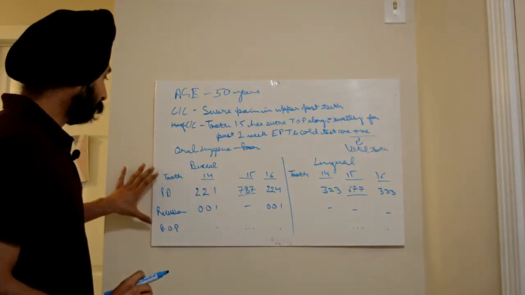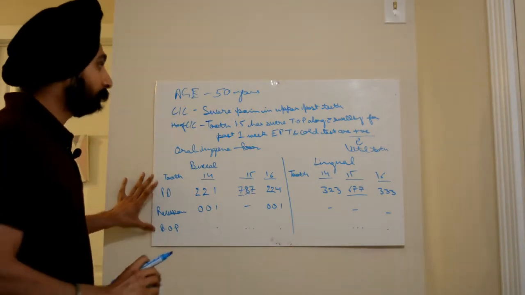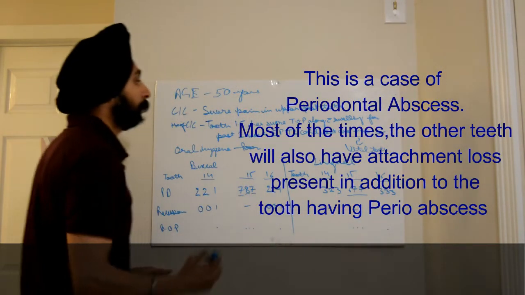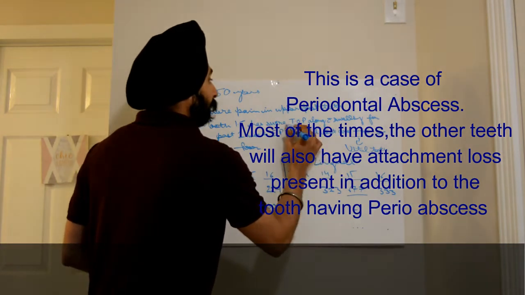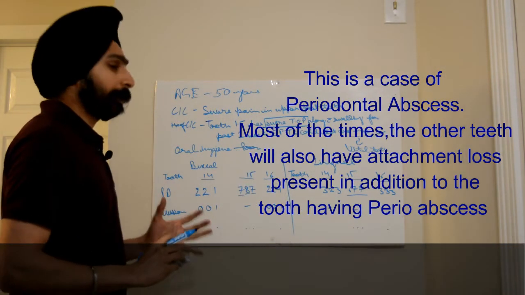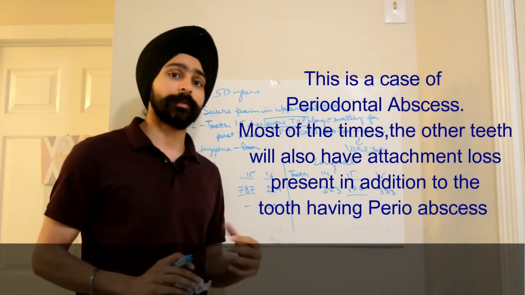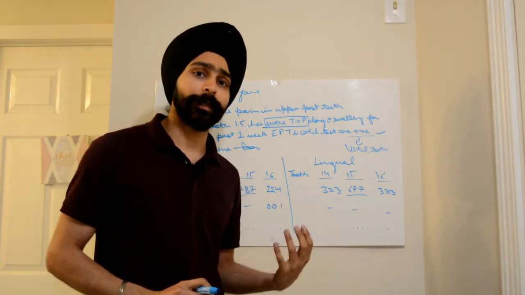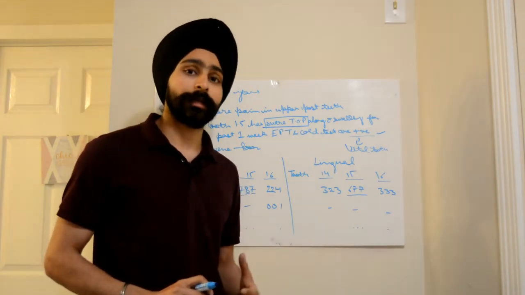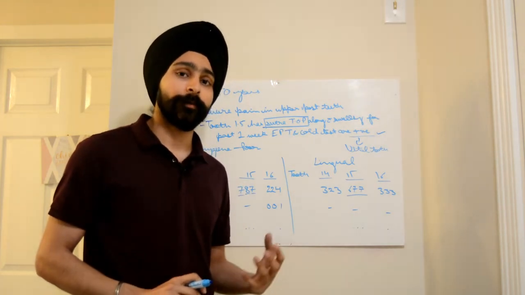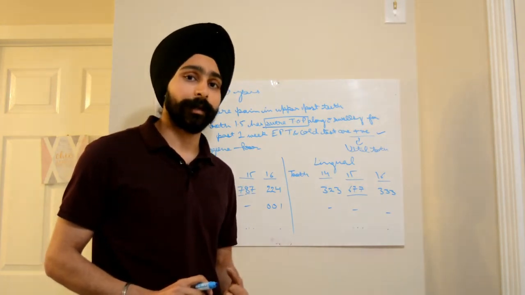Friends, you are presented with this perio chart. You have been given this information that this tooth is vital. It has lot of pain. Always when they give you some information, there is a reason for that. At very few occasions they mislead you with the information given. Most of the time the information that is presented to you plays a very important role when you want to come to a particular diagnosis.